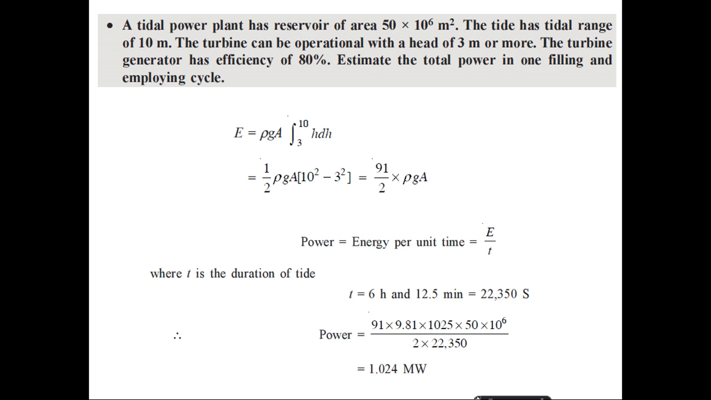numerical. It says that a tidal power plant has a reservoir of area 50 × 10^6 meter squared. The tide has a tidal range of 10 meters. The turbine can operate with a head of 3 meters or more, so after 3 meters it will start generating. So the tidal range is an integration of height, where 10 is the upper limit and 3 is the lower limit. Considering the efficiency of the turbine is 80%, we need to estimate the total power generated in one